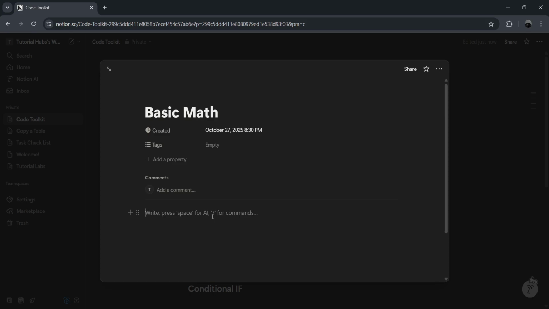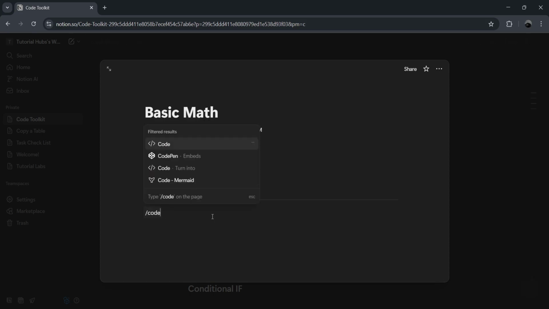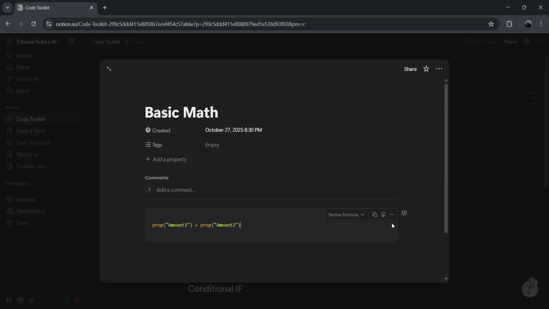Open that card and type /code to insert a code block inside. This is where the magic happens. Paste or write your actual code snippet into this block, and don't forget to select the appropriate programming language from the drop-down menu that appears. This step is important because it adds syntax highlighting, making your code much easier to read and understand when you